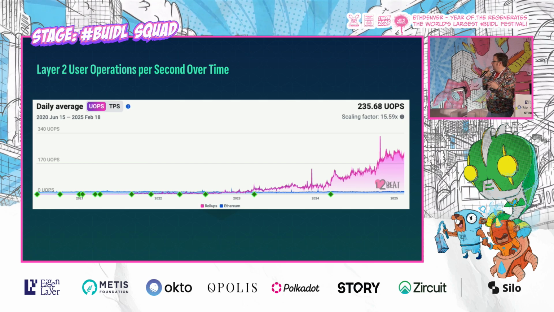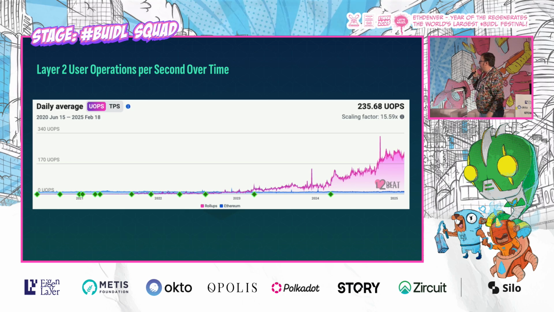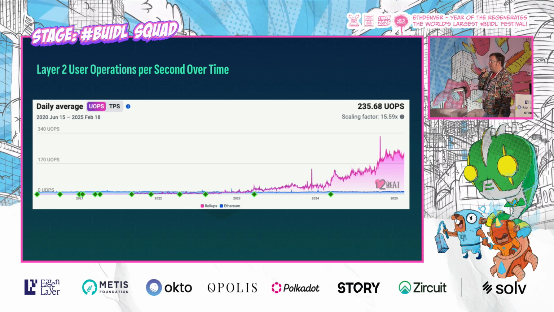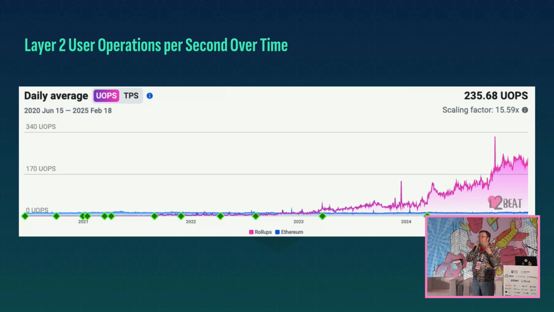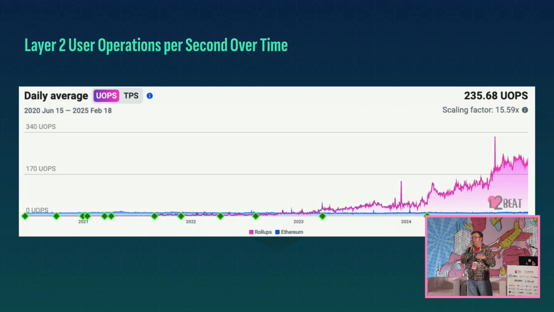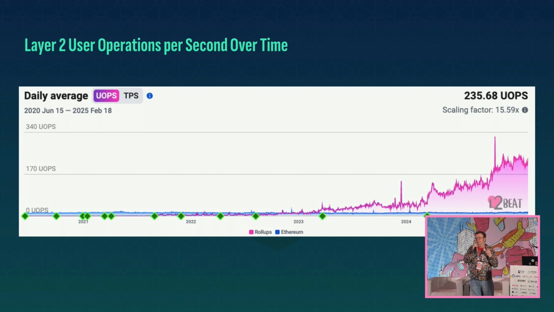Now, one thing to pay attention to is that last little green diamond on the right. That is when Dencun activated, and where the most important thing to happen to the L2 ecosystem happened: blobs were activated. You can see an immediate tripling of the amount of user transactions, because everything became that much cheaper and everyone was excited to start using it again. It fell off, but then it's come back with a vengeance. You can see that 16 times as many transactions happen on layer 2 than on layer 1. This, in some ways, is the absolute fulfillment of the rollup-centric roadmap.